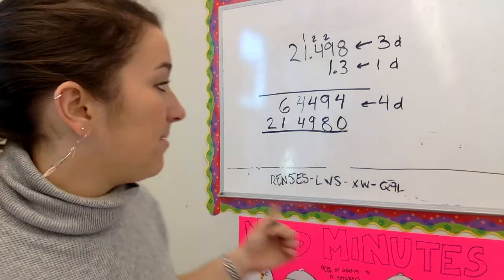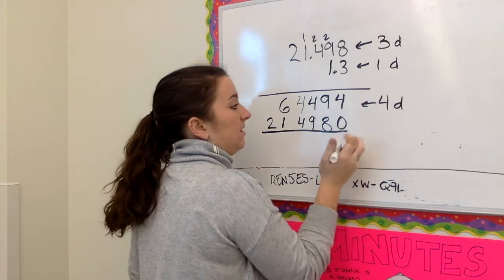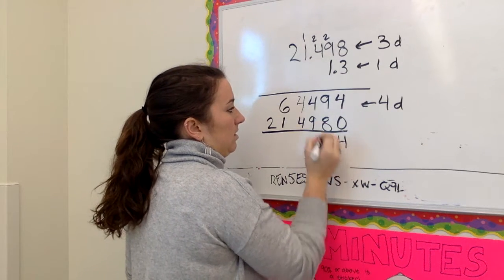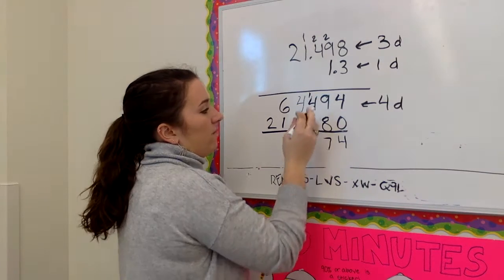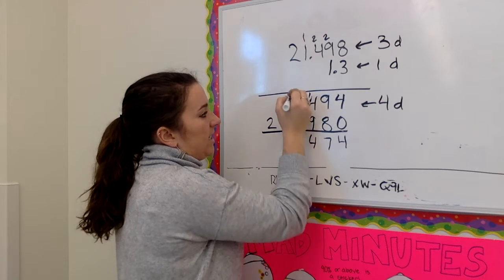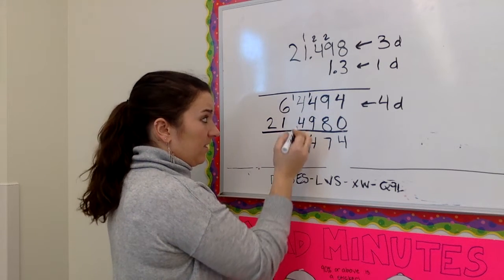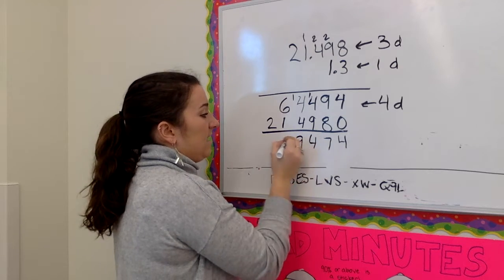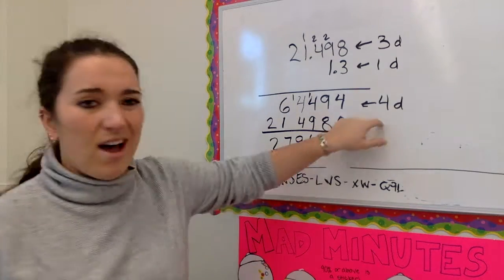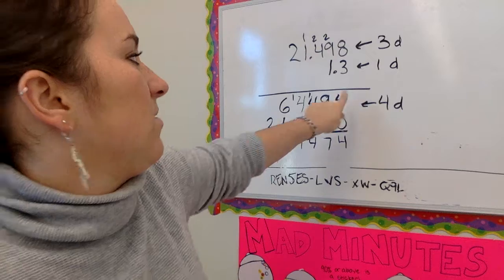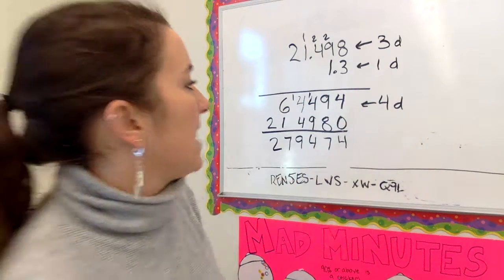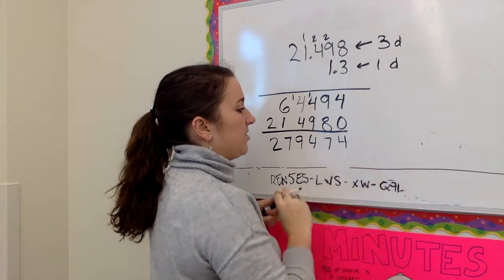Now, the final step is I'm going to add it all up. 4 plus 9 is 13, 14, carry the 1. 4 plus 4 is 8, 9, 7, 2. Now, I wrote this up here just because I wrote it down below the answer, but this should actually be down here, so it should say 4D